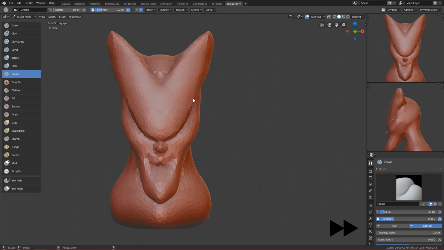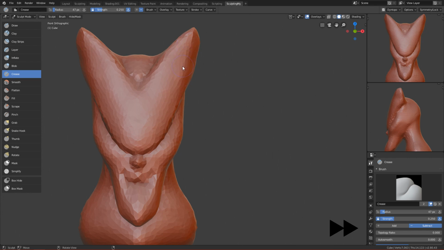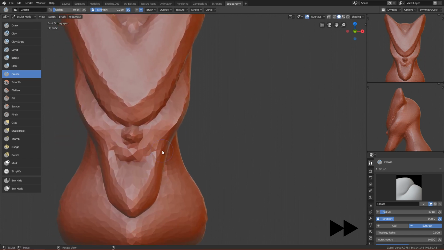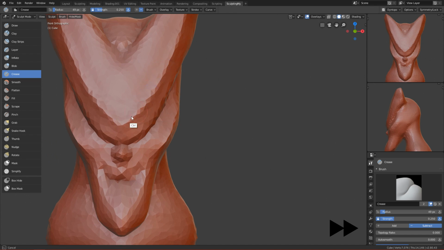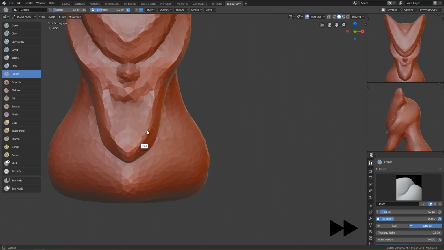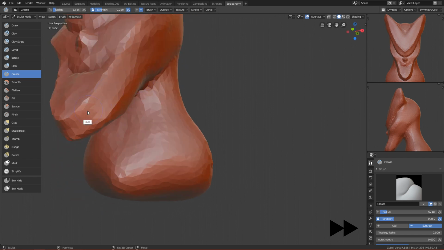So let's use the crease brush, and now we want to do the opposite version. So I want to use Control, and we want to make this hard line here, so it will look more like an armor. And also on his cheek, I want his cheek to be quite harsh. Yeah, so you can see that he has this hard line now. And maybe also on the chin, you can also make this. Yeah, so he looks quite squarish now. Let me smooth this part out,